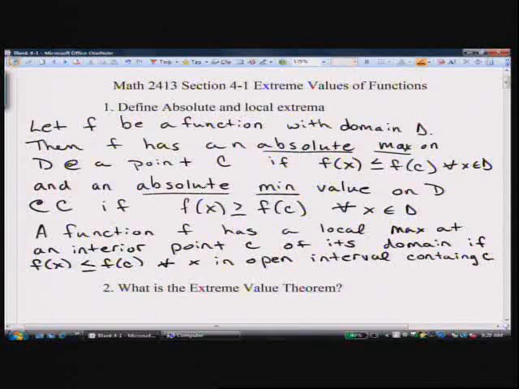Okay, so what you're imagining is, if you have a, can you put a little interval around it so